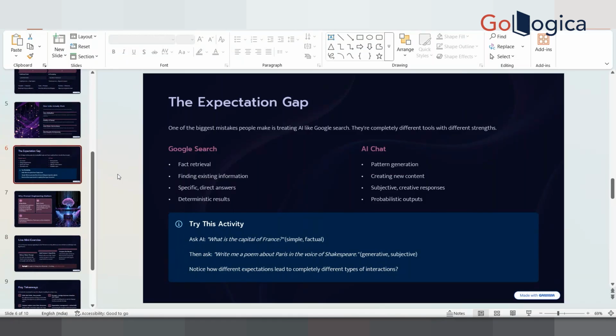Okay, so normally it's better to use short prompts if they are understandable for the AI. See, short or long actually doesn't matter as long as you are providing proper context. In that sentence, what is the capital of France, is the context of the entire question. Capital of France, that's it.